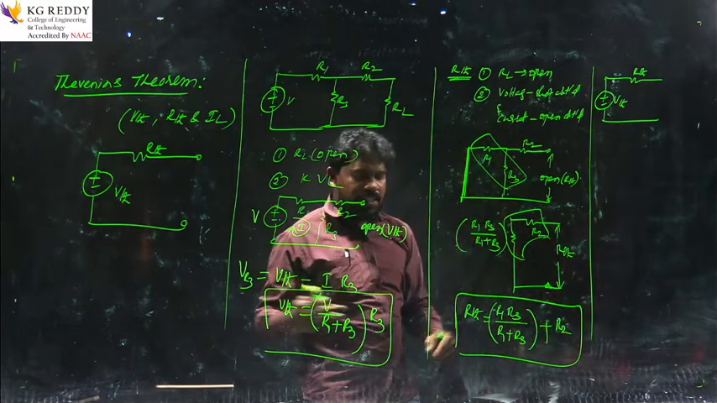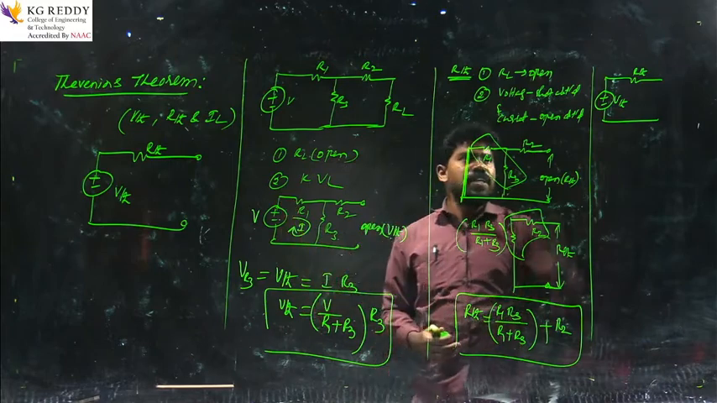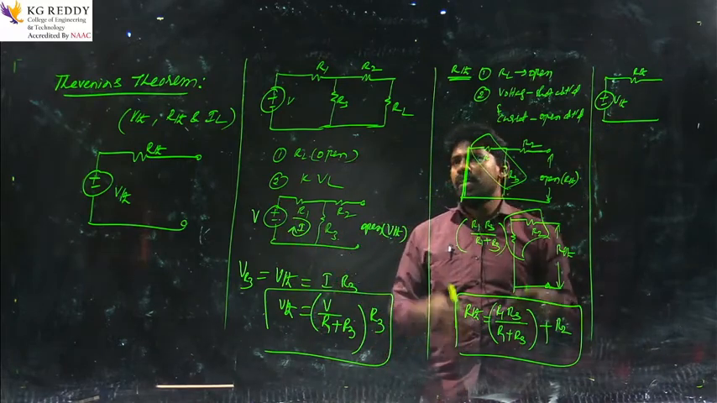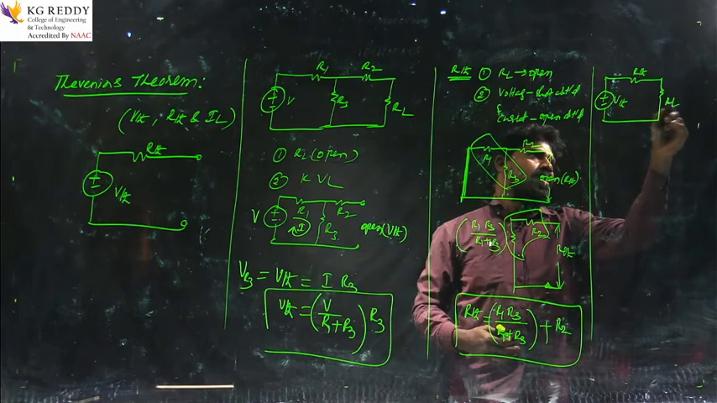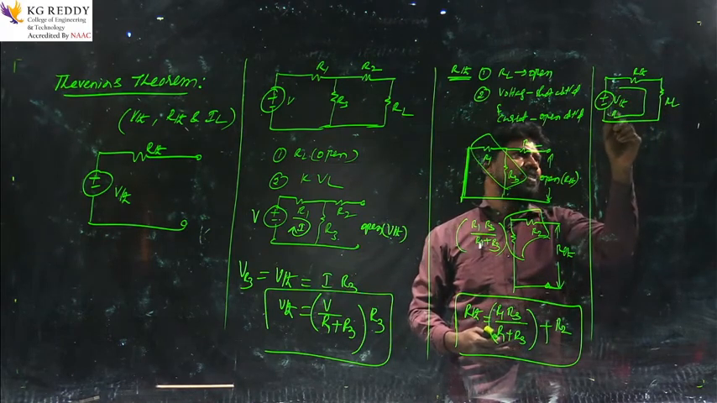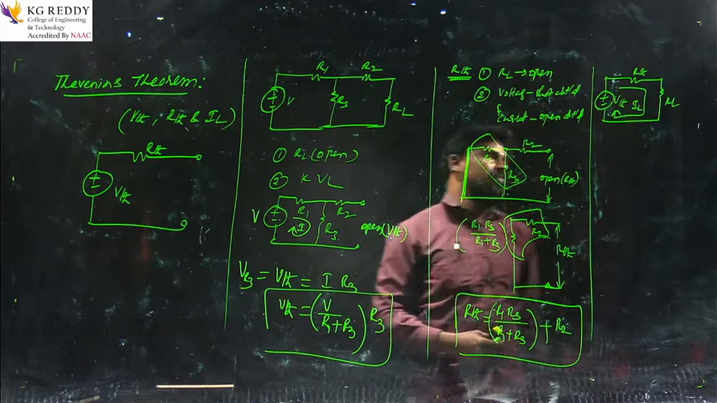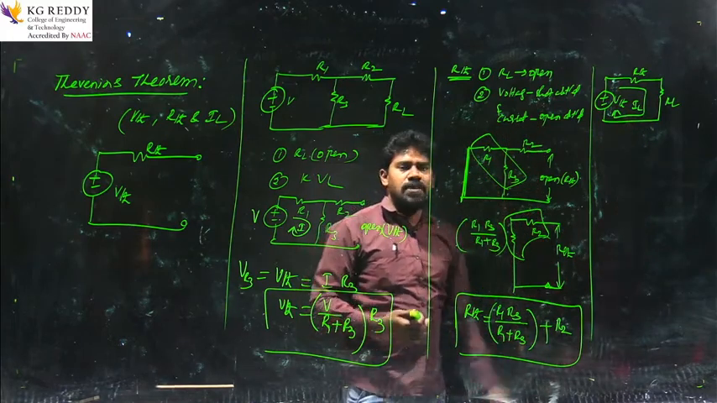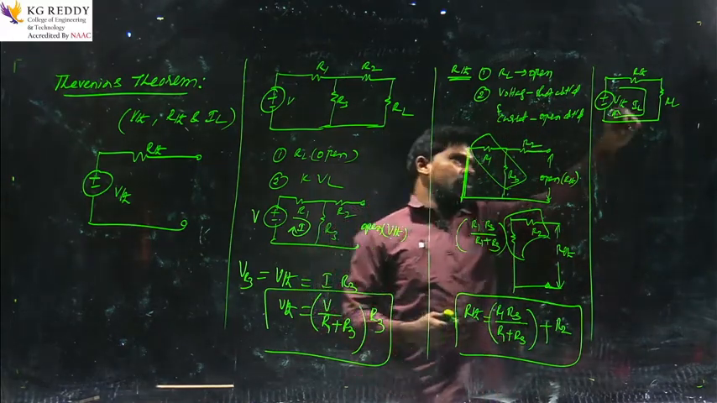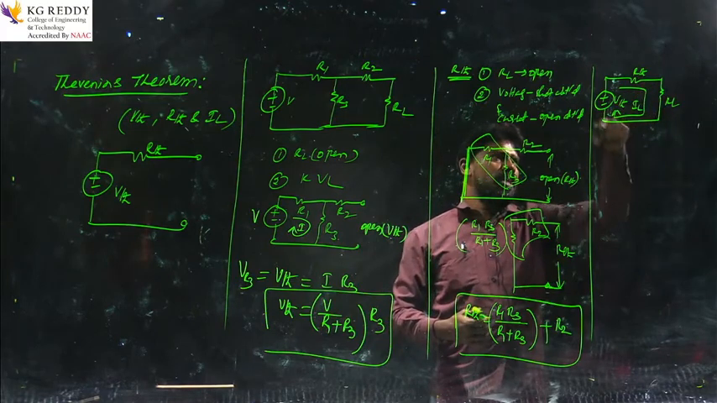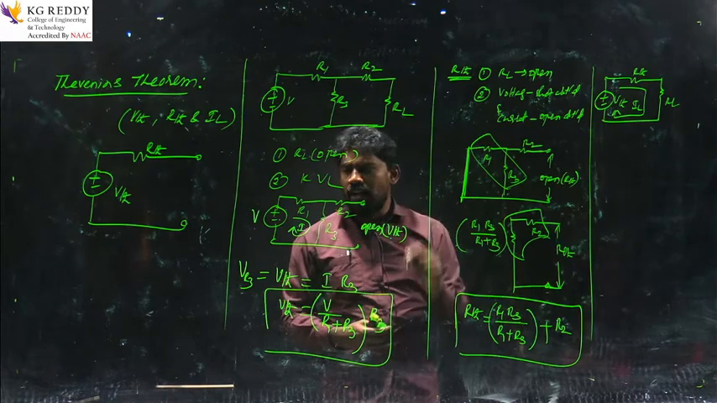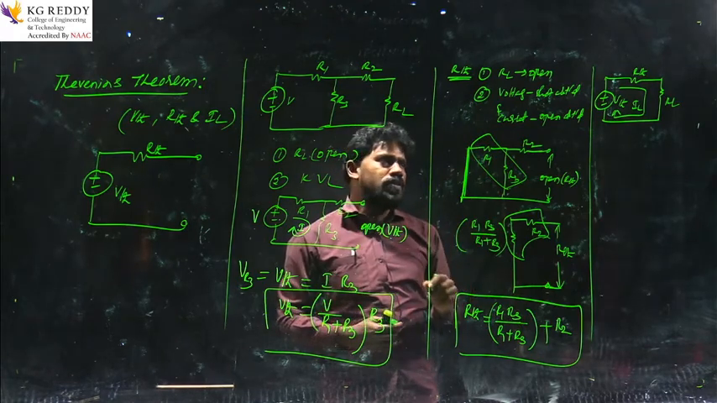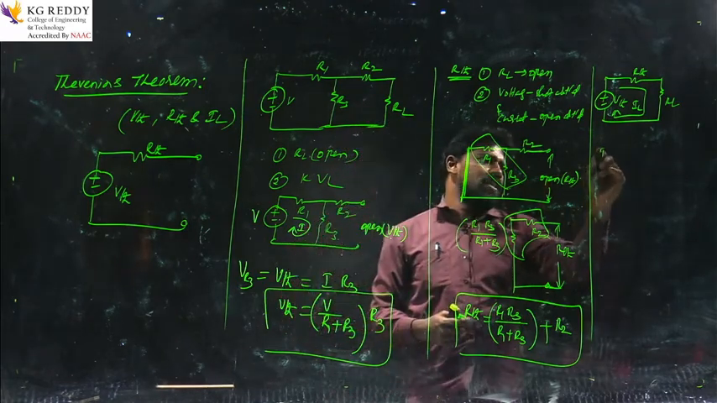After getting VTH and RTH, we have to draw the equivalent circuit with VTH and RTH. Then we have to add the load resistance, that is RL, and you can find the load current. This is the load current IL. When we close the equivalent circuit with the load resistance, it forms a closed circuit. Current always passes in a closed circuit. So, what is the current equation here? IL is equal to